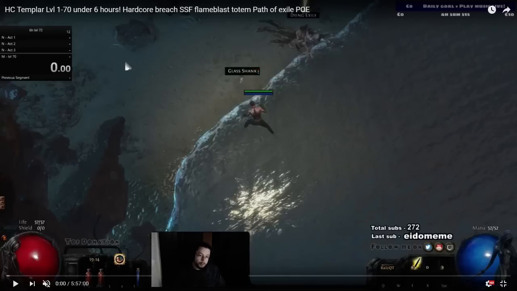So, what we're going to do here is I will go over my Templar run, which was level 70 from level 1 solo self-found under 6 hours. It took me 5 hours and 52 minutes total. It was on Breach Hardcore, and I'm going to go over the normal portion of the run, basically explaining my